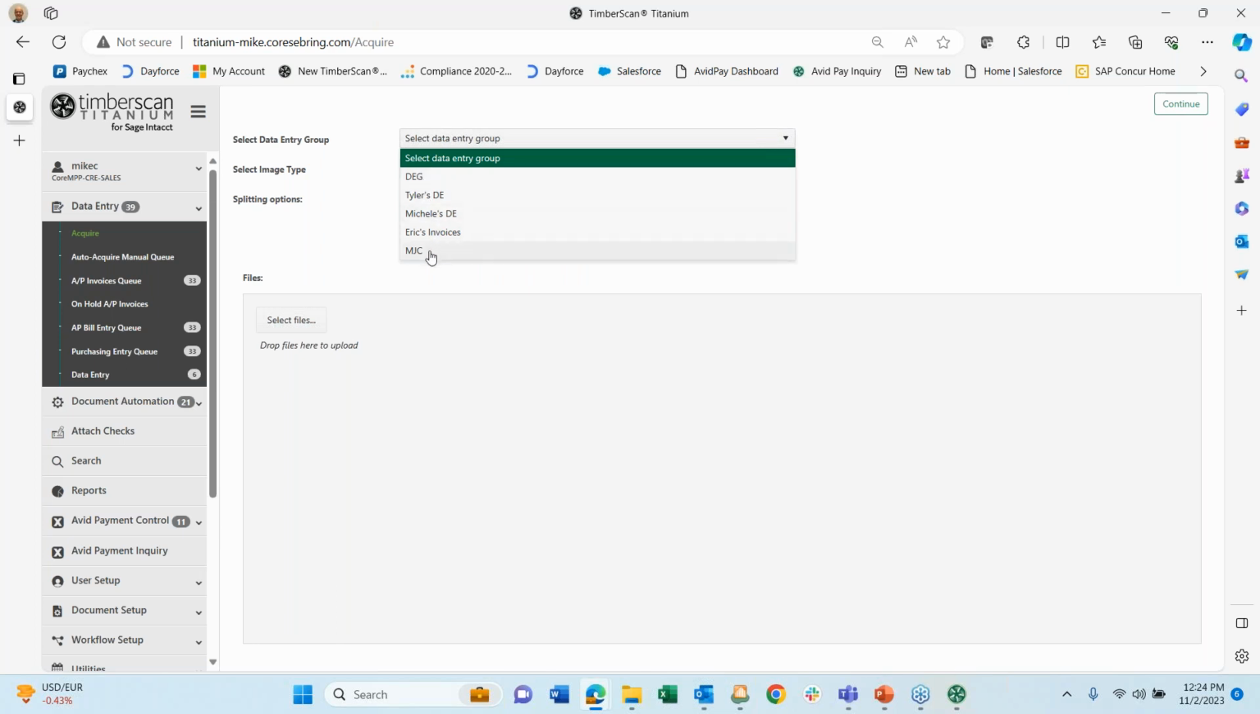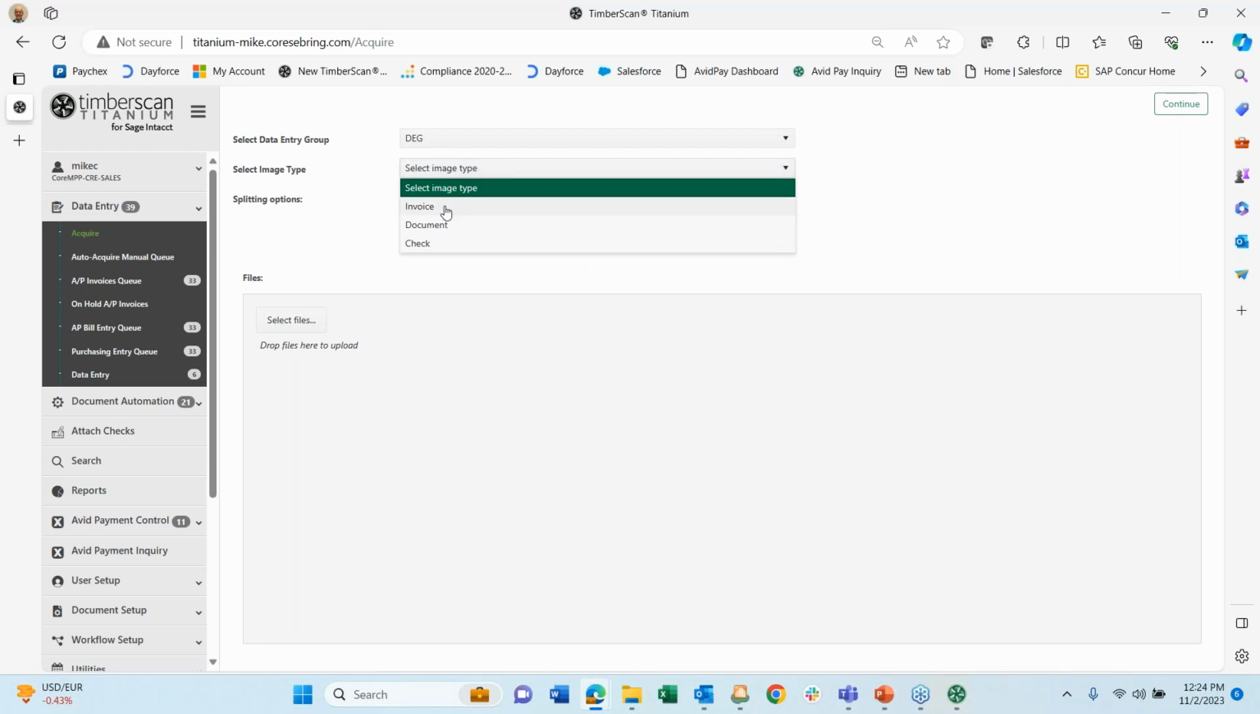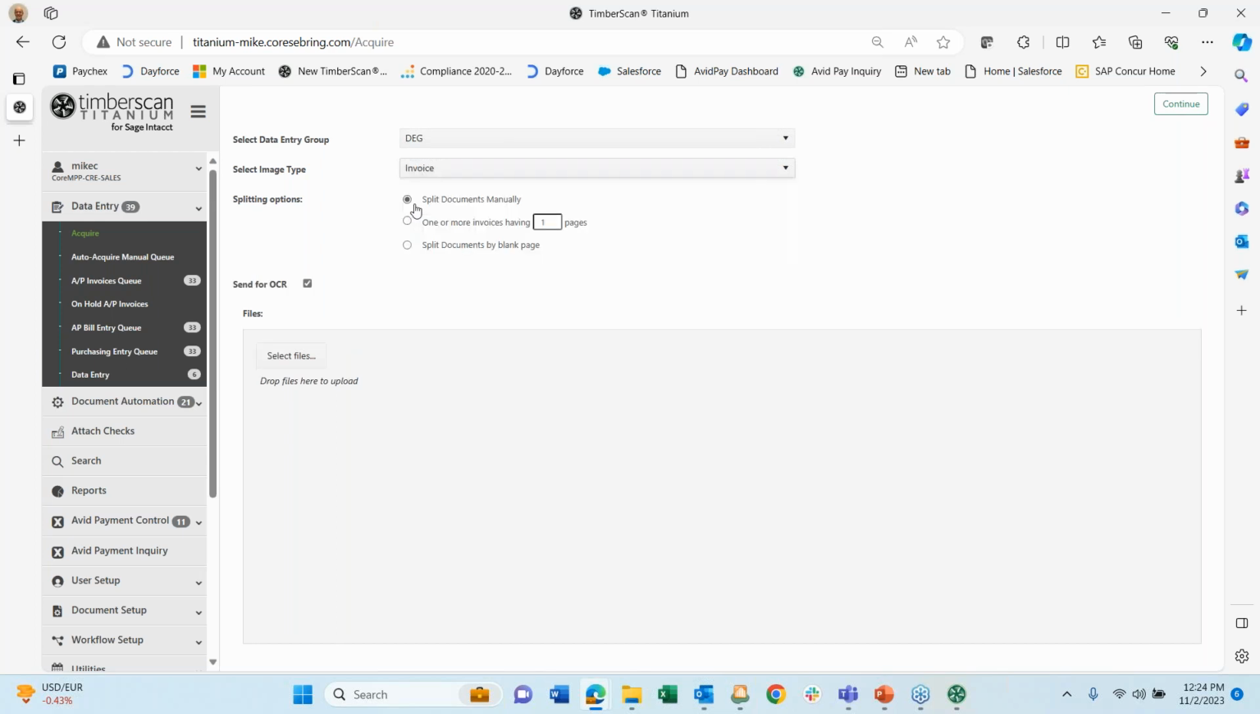You can have multiple AP data entry groups. In my case, I do. I can choose who I want to assign the invoices to, and then I determine what type of document it is. We keep talking about invoices, but you can also acquire any other type of document, or you can acquire printed checks, and you can attach those checks to the invoices as well. So I keep filling in these two fields before I go out and pull up my invoices. What we've done